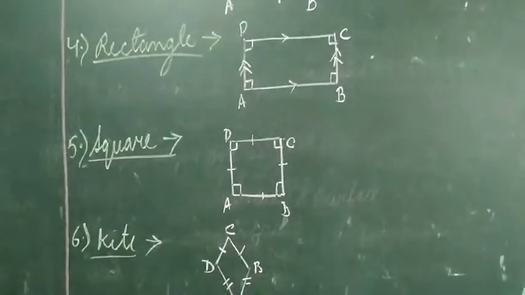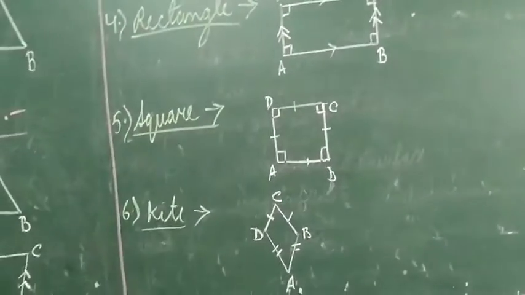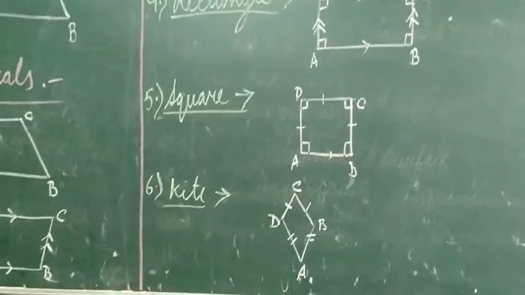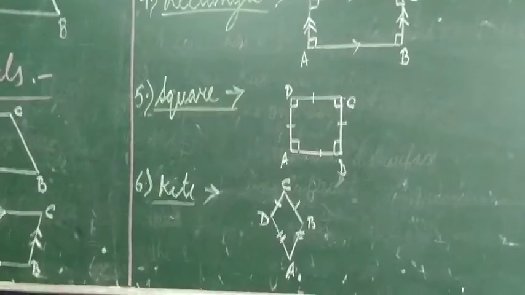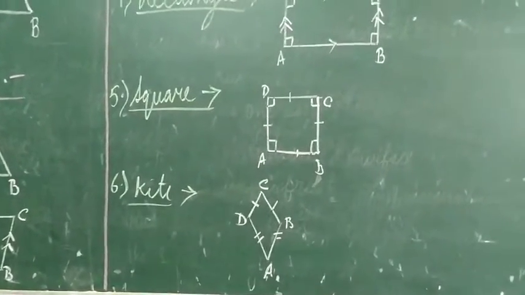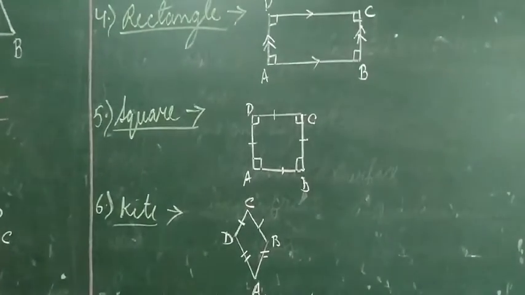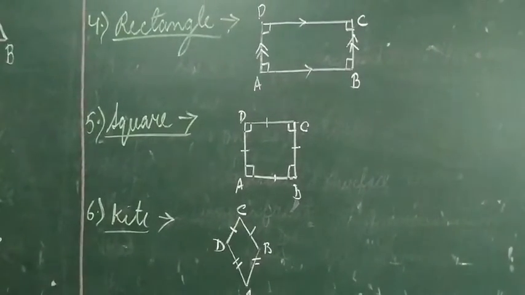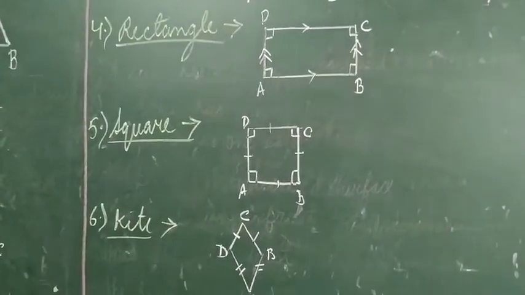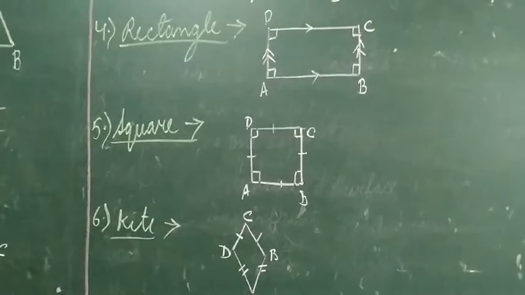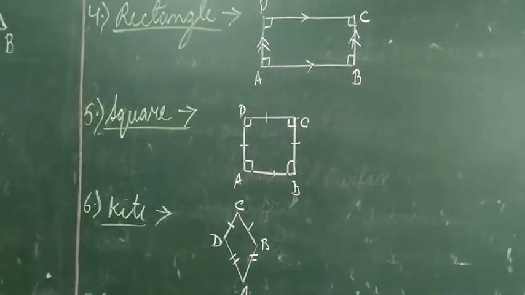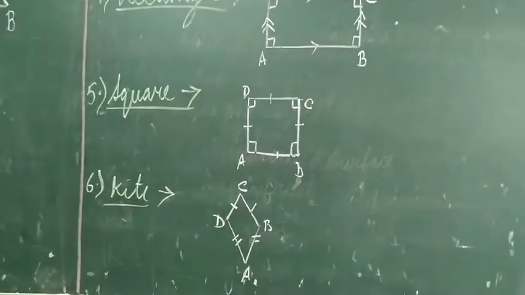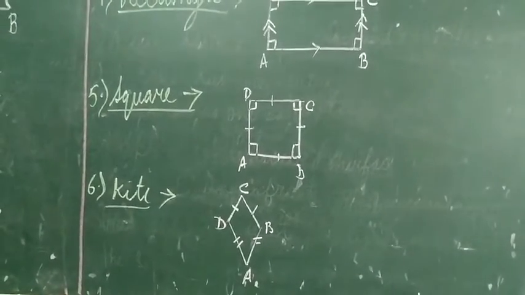quadrilateral, that is square. A parallelogram in which all the sides are equal and each angle is a right angle is called the square. एक ऐसा quadrilateral जिसका चारों साइड इक्वल हो और चारों एंगल 90 डिग्री हो. There is a little bit of confusion between rhombus and square. In a rhombus the definition is all the 4 sides are equal and the square also, all the 4 sides are equal.